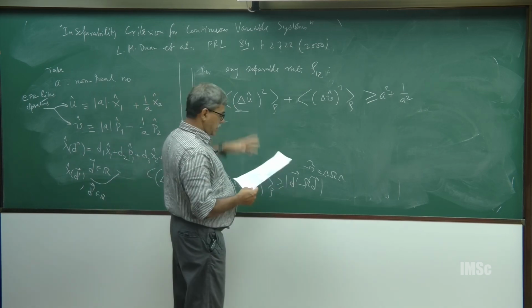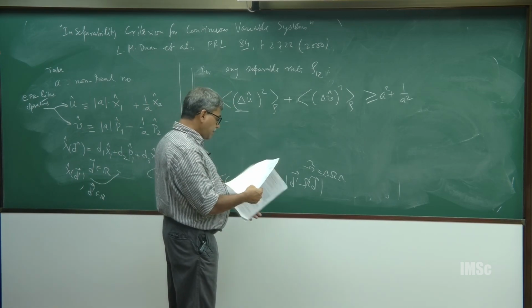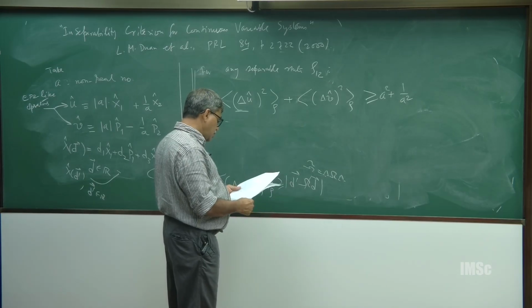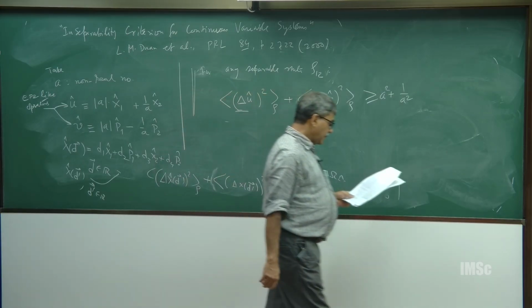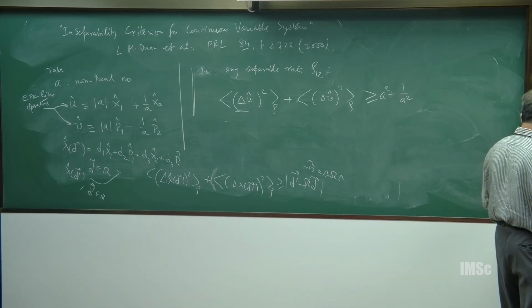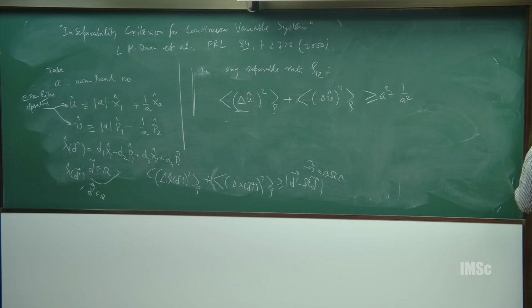So, this is one relation, and then what they have shown is that, this is the main result, that a two mode Gaussian state is separable, okay, if and only if